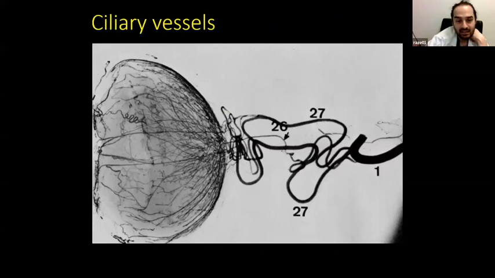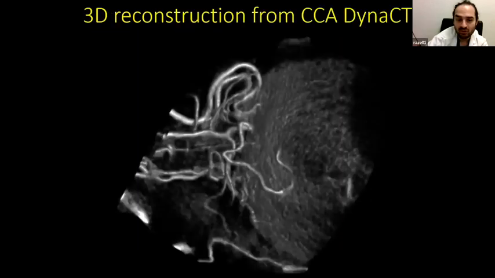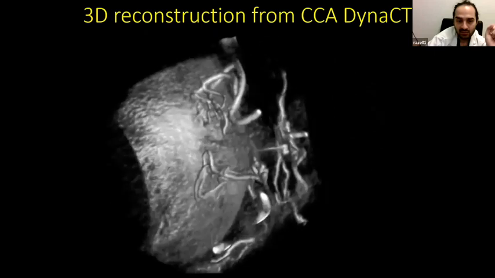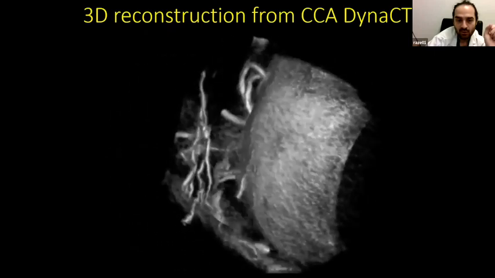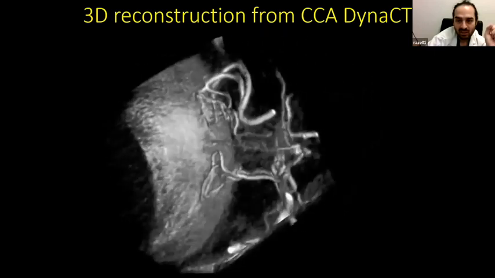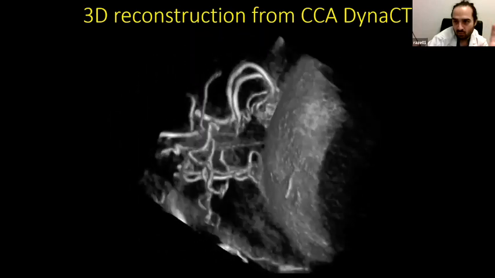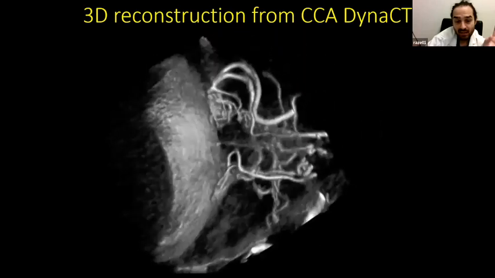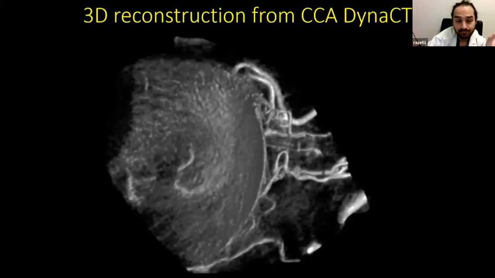And of a globe, and you see here the very, very interesting, beautiful anatomy of the vessels supplying the globe, the ciliary vessels, and the central retinal artery. Now, the good thing is that now we can obtain very similar imaging by applying this sort of cone beam CT resolution, and this is a 3D image obtained from that. It requires a lot of post-processing, but we can get to this image, and when you see here,